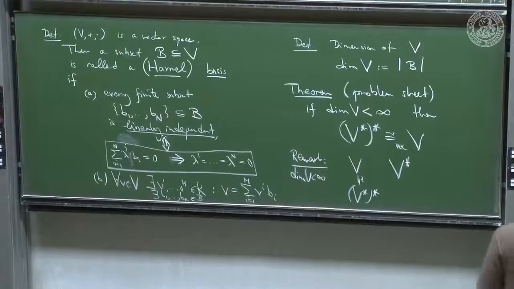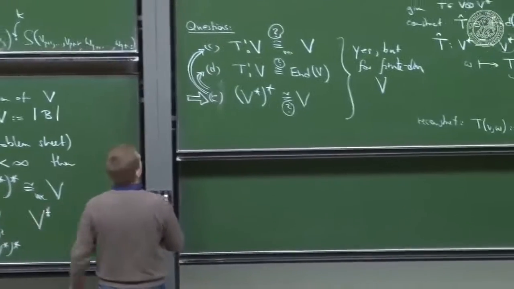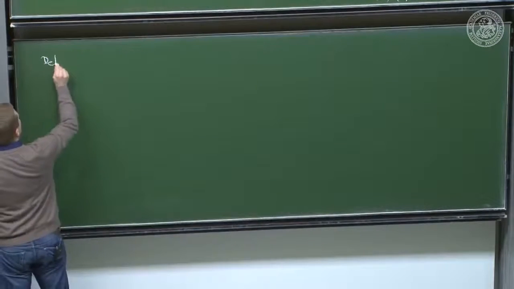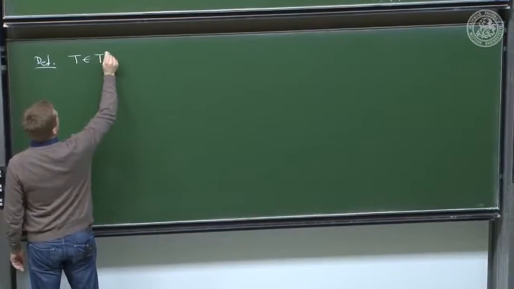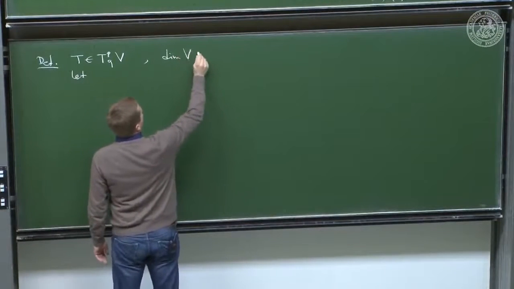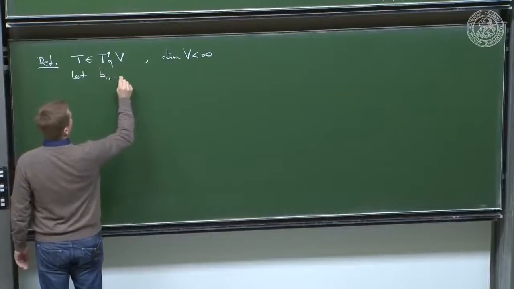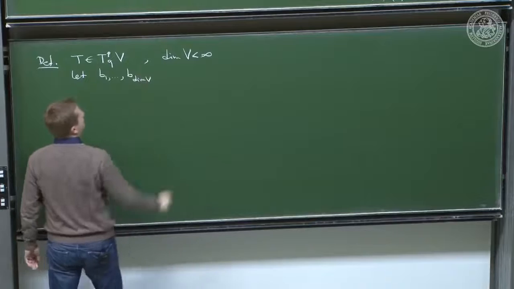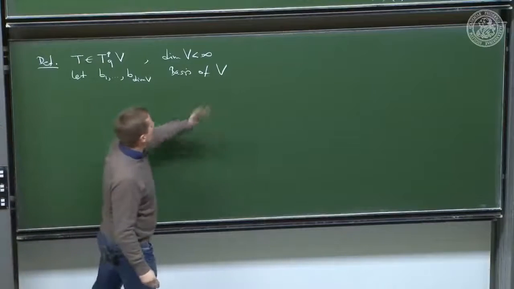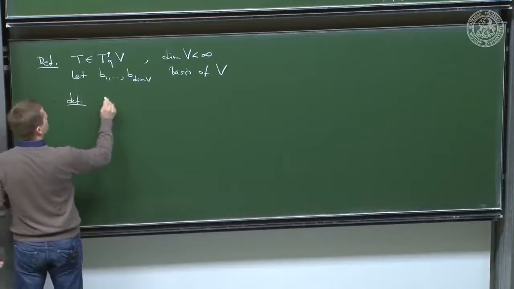Now, once we have a basis, for instance, we can define what we mean by the components of a tensor. So the components of a vector, I already said what I mean, but this can be generalized. Definition. Let T be a (P,Q) tensor over some vector space, and let V be finite dimensional. So from now on, let's only talk about finite dimensional vector spaces. So now let b_1 to b_dim V be a basis of V. So you choose a basis of the vector space. It turns out that induces a basis on the tensor space, but first we define the components